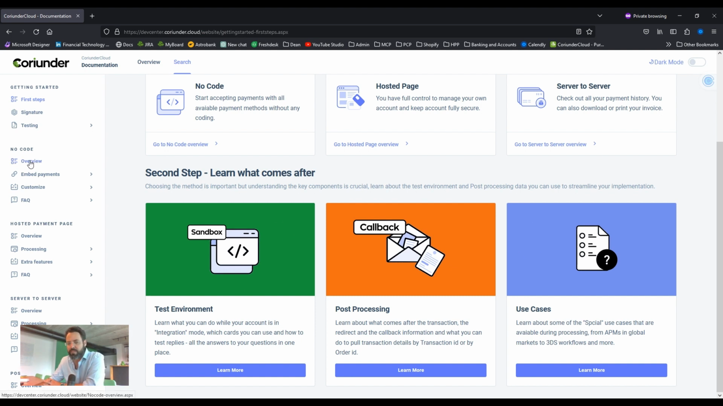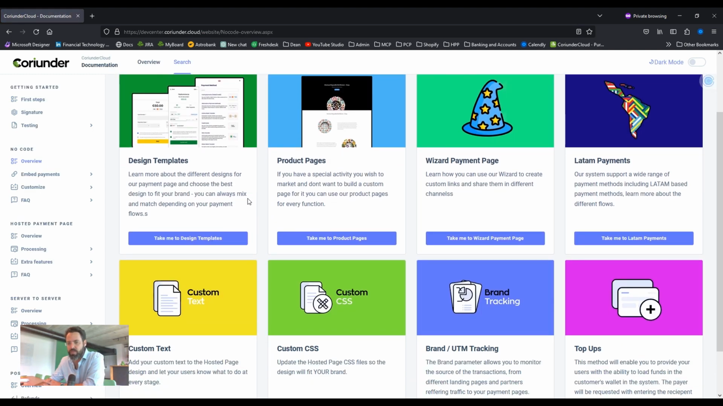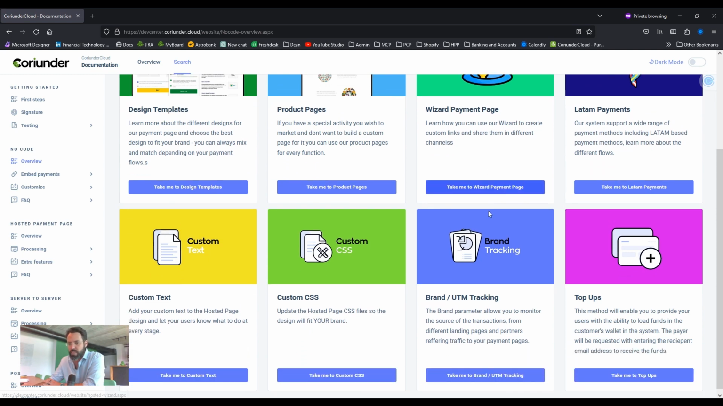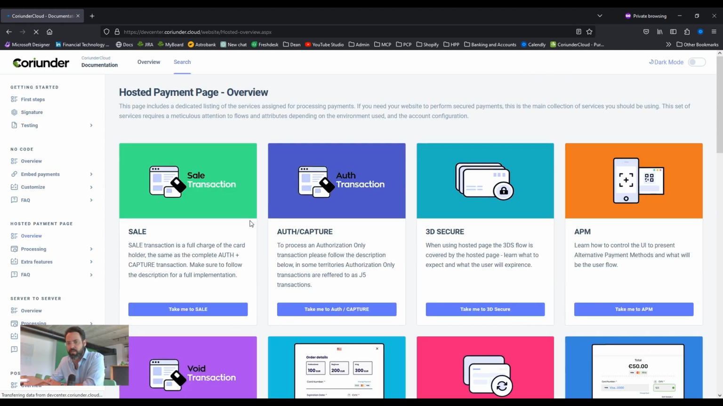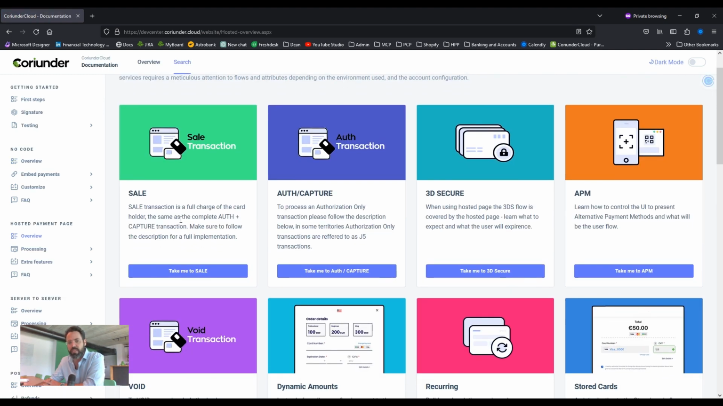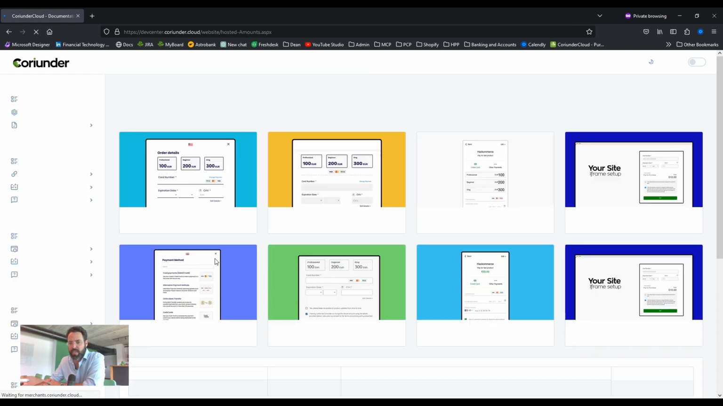In the implementation itself, every section has an overview that gives them the description of the different features that are available, such as the design templates, product pages, wizards, and so on. When it comes to the hosted page, there's a lot more description of the different dynamic features that we have to offer, not just the basic sales, auth capture, 3D, and such, but also dynamic amounts, additional amounts, and so on. So if you look here under hosted page, extra features, we can have a look at dynamic amounts,